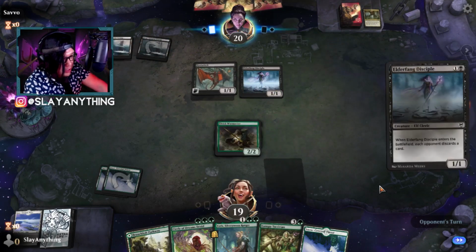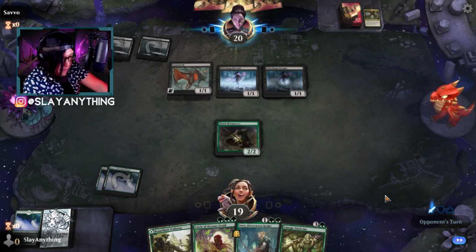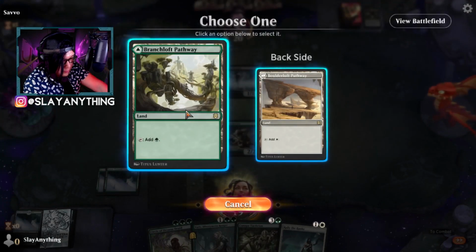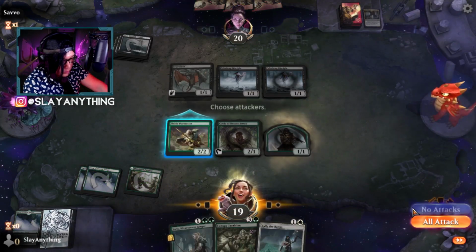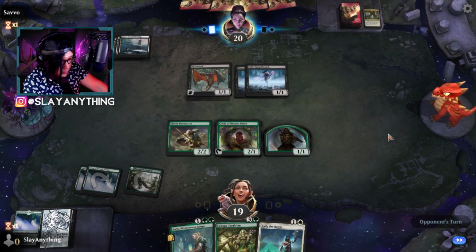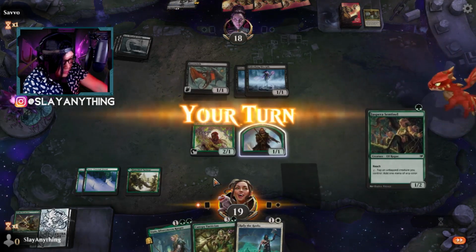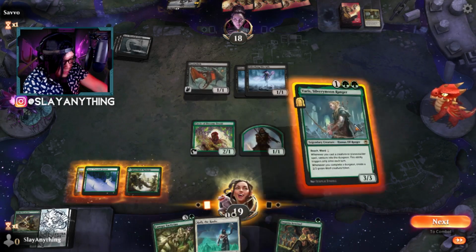Let's see what the opponent's got going on. No! Alright, Forest. And we'll do no attacks. Just builds up the good old board. Guess all I've got is the 2 mana here. So we could do something like